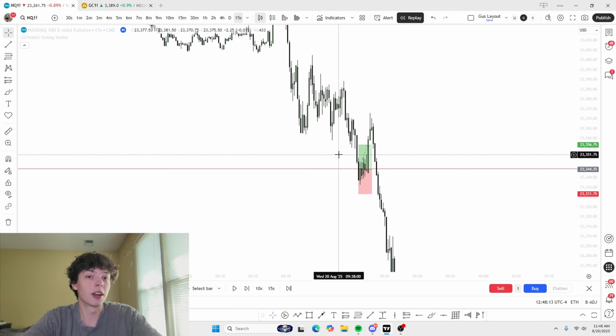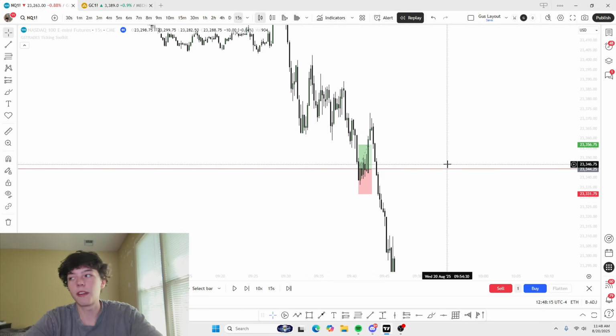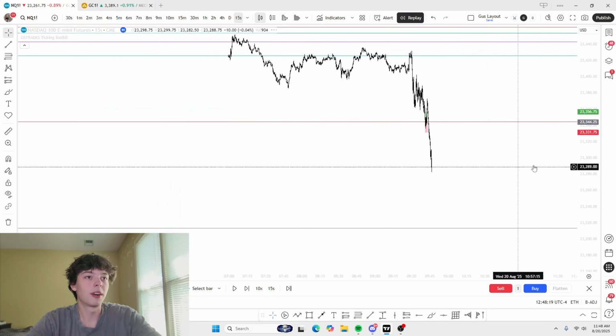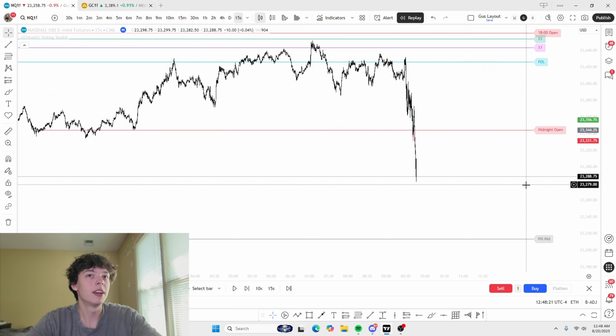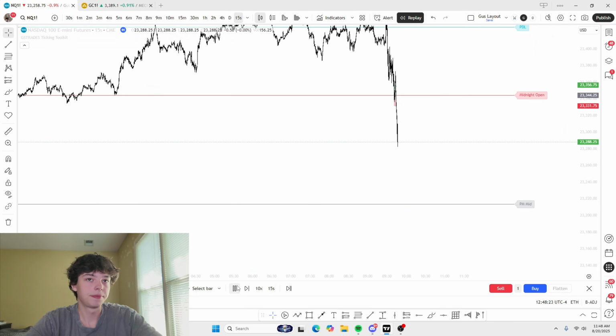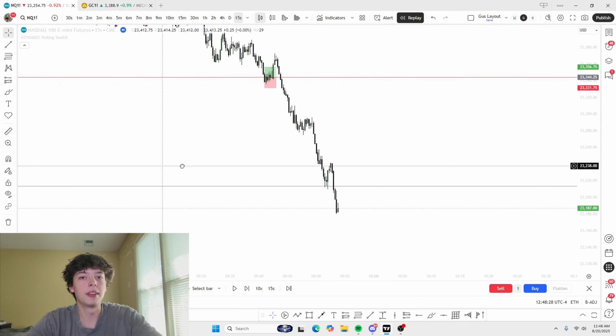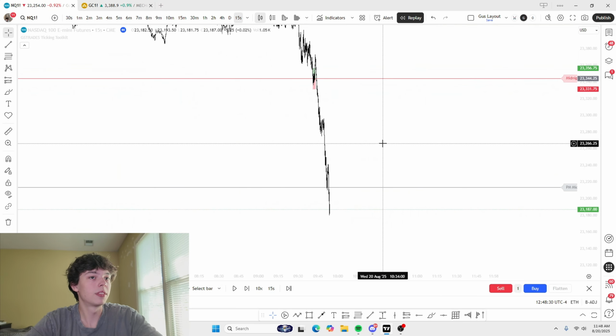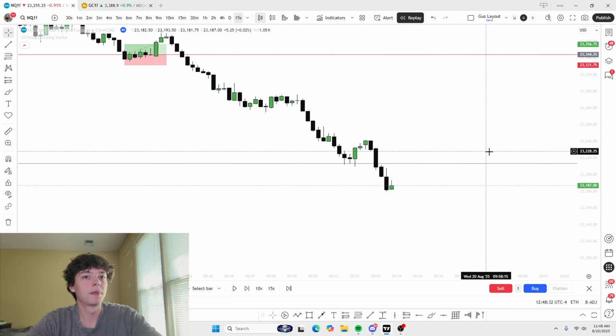But the good part about this is that you're taking profit before it fails. Okay, so 50 ticks works really well for this, and that's why I recommend a lot of people try that out and just try these 50 tick rejections and play around with it, see what works best for them. You can see that even happened here as well with what was this level, previous month mid,